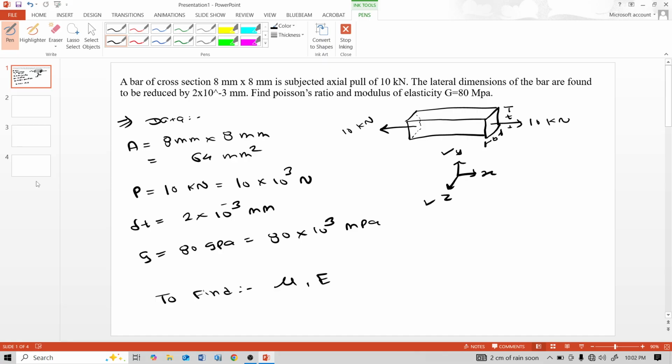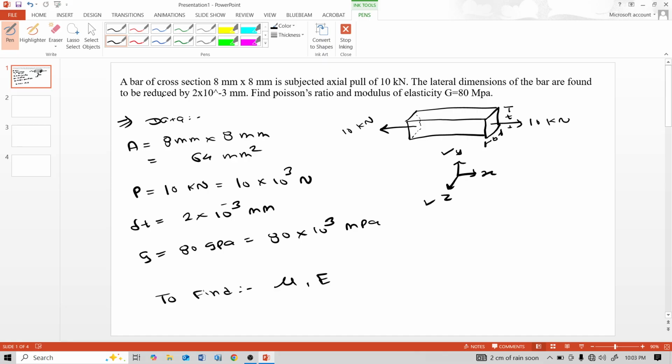After this lateral strain, we find linear strain. After this, stress and modulus of elasticity. And by using the relationship between E and G, we find mu, Poisson's ratio. We will see this step by step. First,